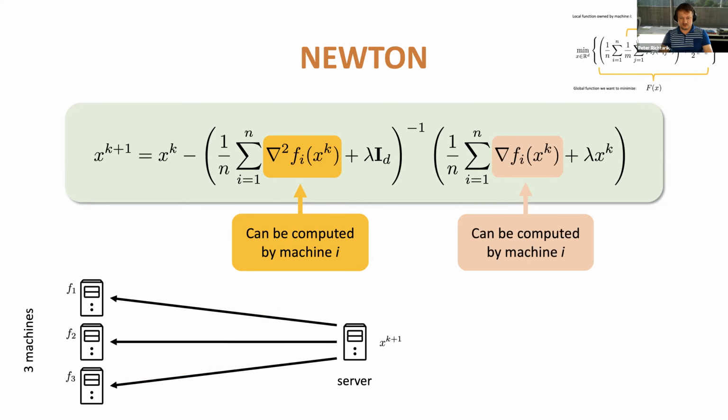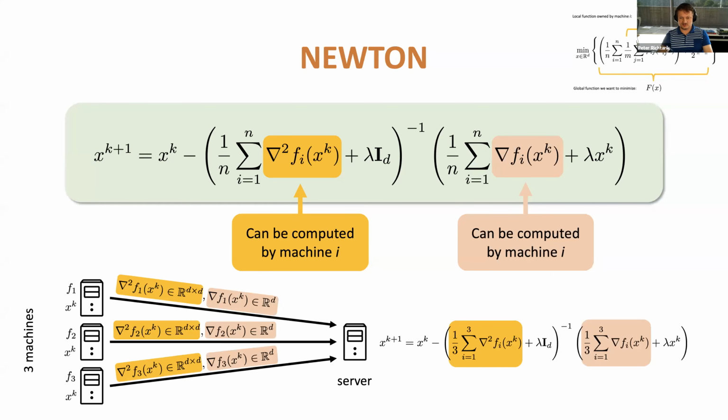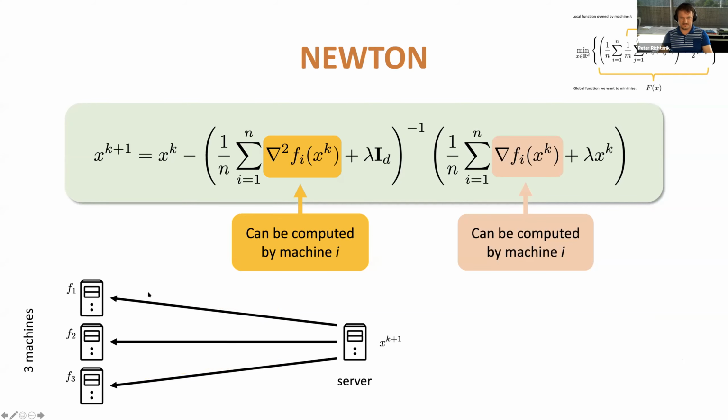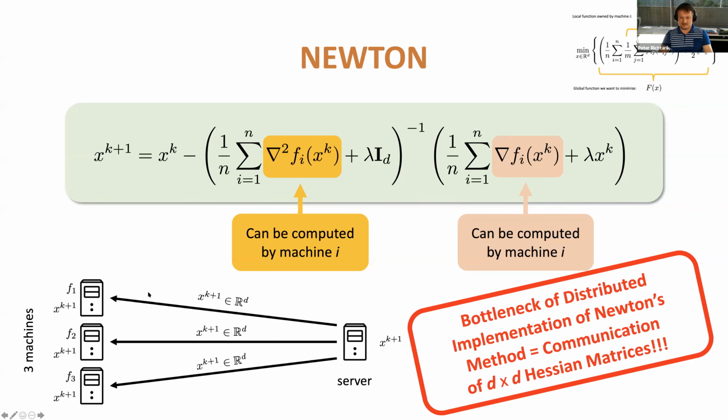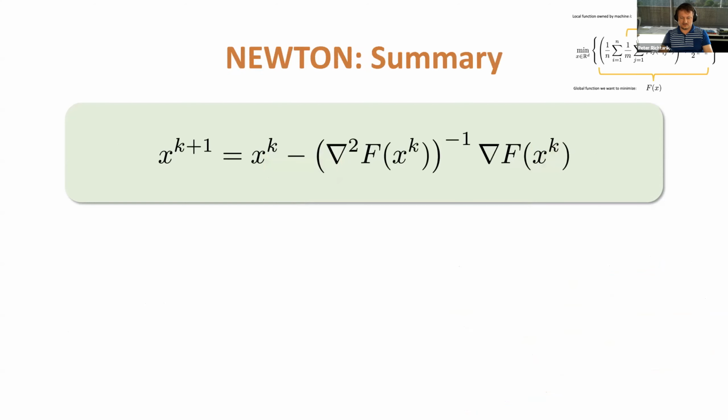Okay, so we see what the issue here is. Again, we'll not assume that it's an issue for device i to compute the Hessian and the gradient. We assume the devices are powerful enough to do that. We'll assume the server is powerful enough to solve this linear system, but the bottleneck is the communication of these Hessians. Okay, so that's that. We don't want to communicate these D by D Hessians. So